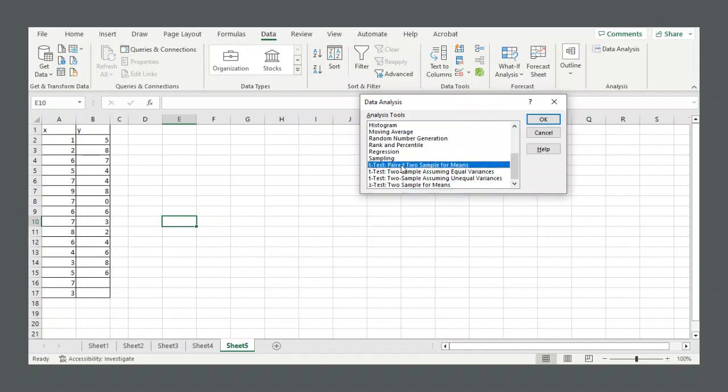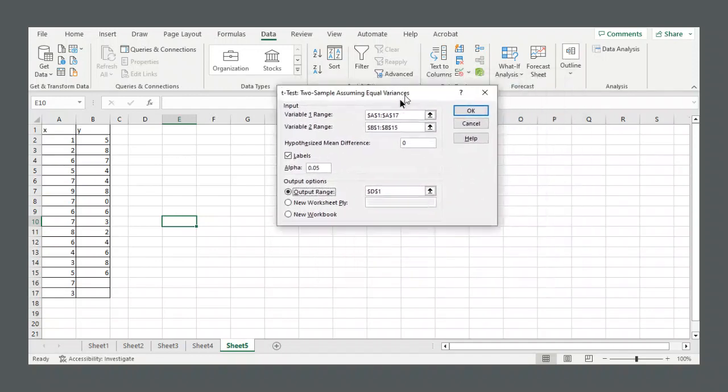Okay, so we're not going to be doing the paired two-sample test. We're going to be doing the other ones, which are the independent two-sample tests. Now, Excel doesn't call them independent, it just doesn't call them paired. So we'll start with the t-test, two-sample, assuming equal variances. Okay, variances, that's your standard deviation squared. So this is the t-test that you would do if you're assuming that your two variables have equal population standard deviation or equal variance. So we click OK,